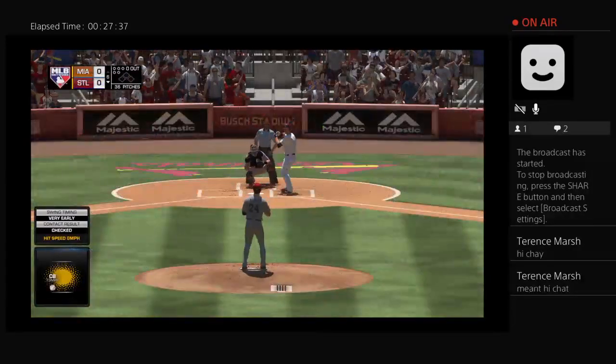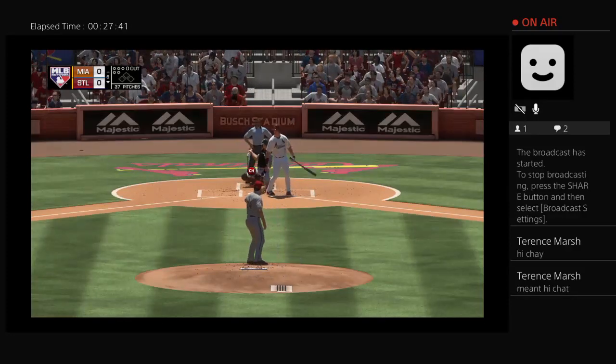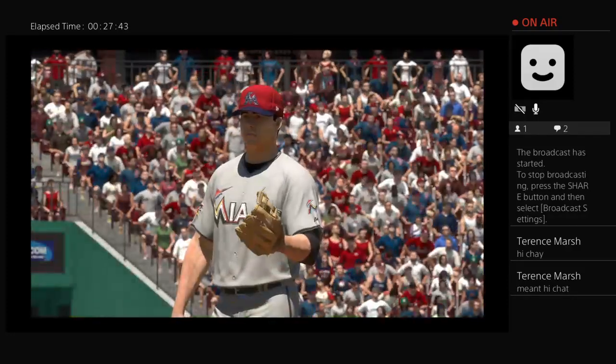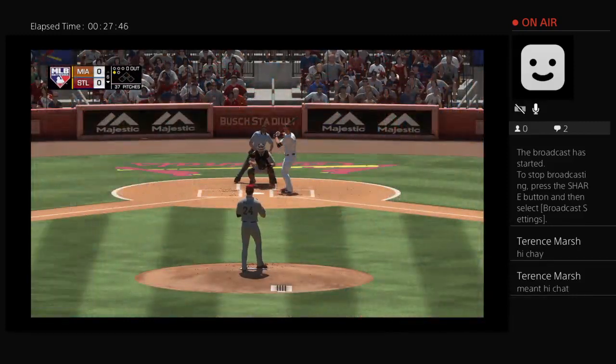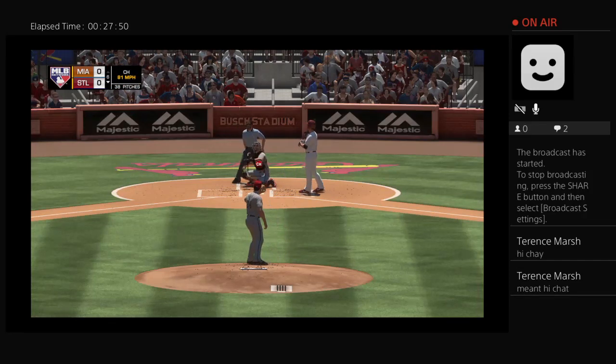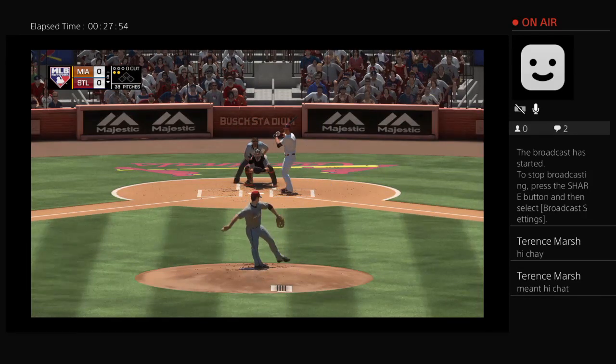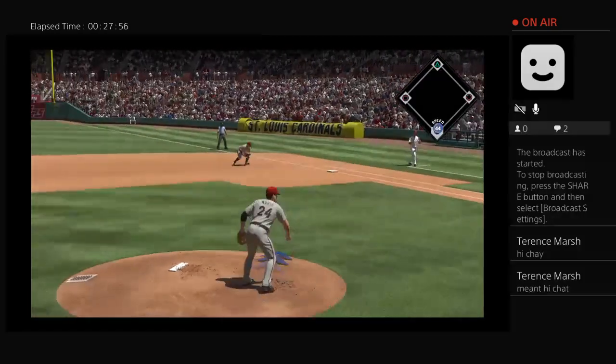Ready for another chance. Carson Kelly. He'll start things out here in a tie ball game. Now a swing and a chopper foul right at home plate. Tell you what, his spot has been the outside pitch right there, and now we're late in the game. He continues to pound the outside pitch, and it's really working out for him. Well, he's having a good amount of success here, Dan, even though he hasn't really gotten a ton of swings